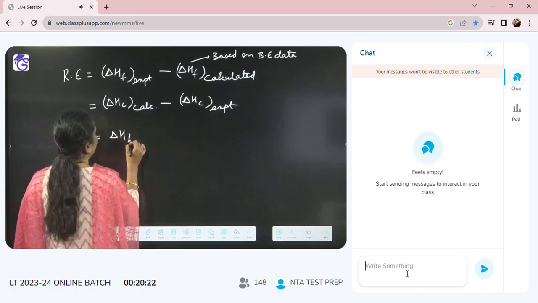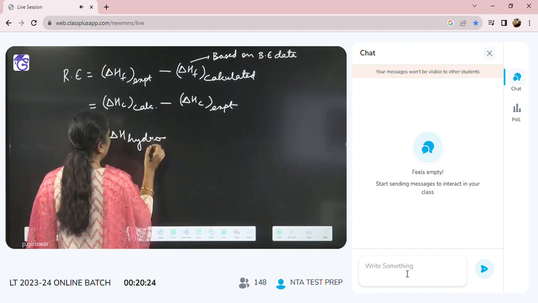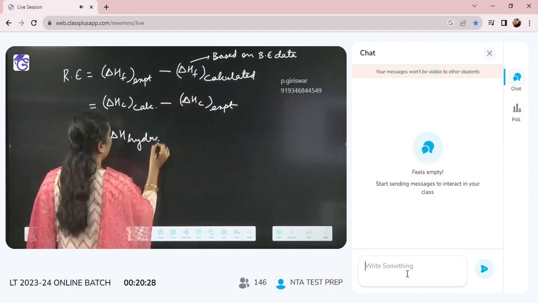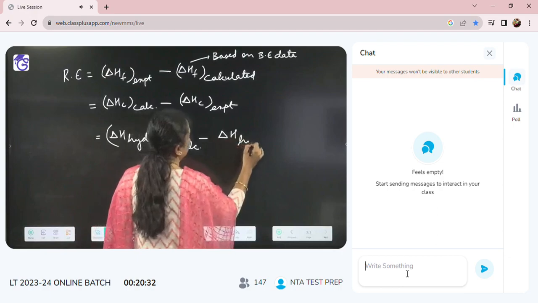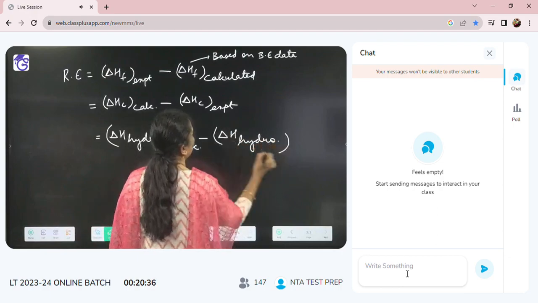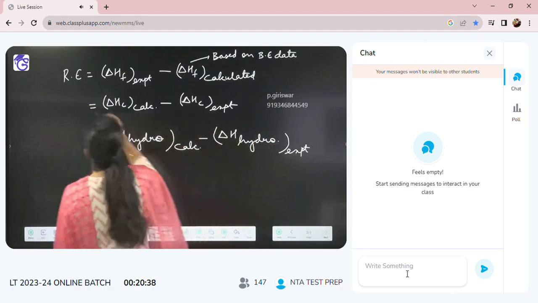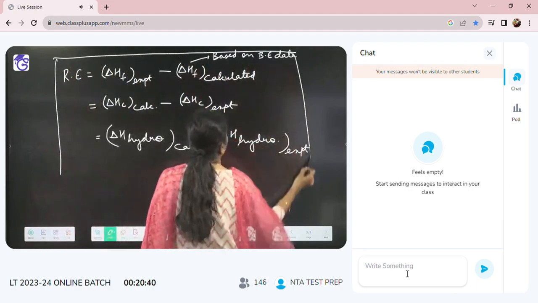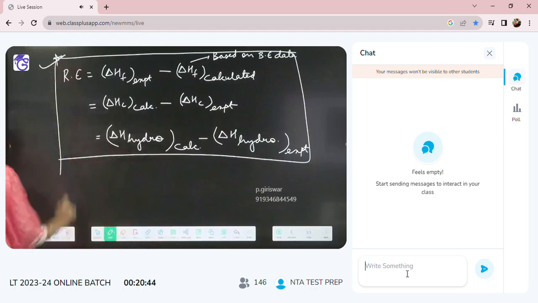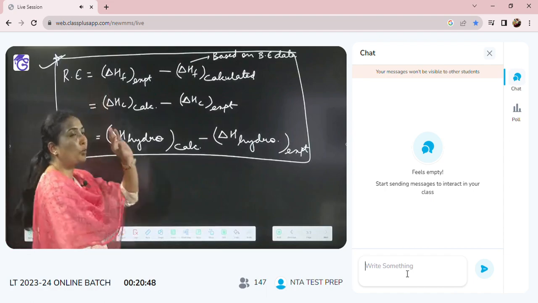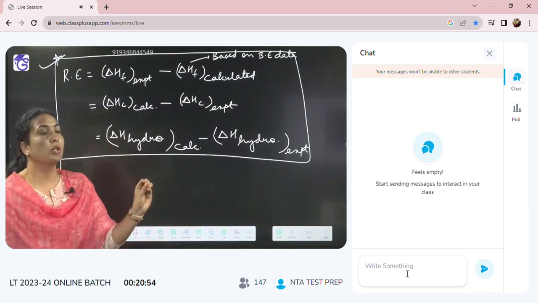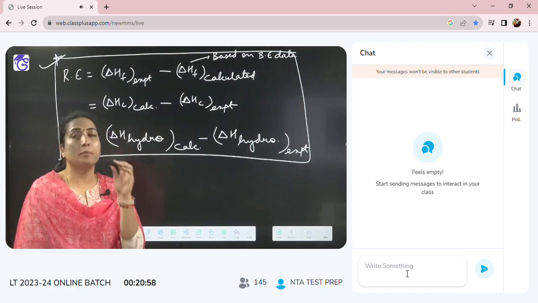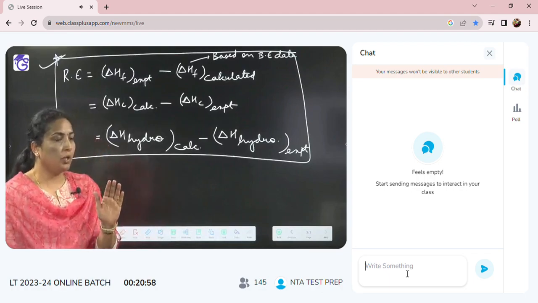Similarly, you can also have enthalpy of hydrogenation data. So that is also calculated minus enthalpy of hydrogenation experimental. Just write this down as a formula, then we'll try to understand their application. Here the examiner will be providing the enthalpy of formation or combustion or hydrogenation of any compound. In any given question, please treat that as the experimental value,